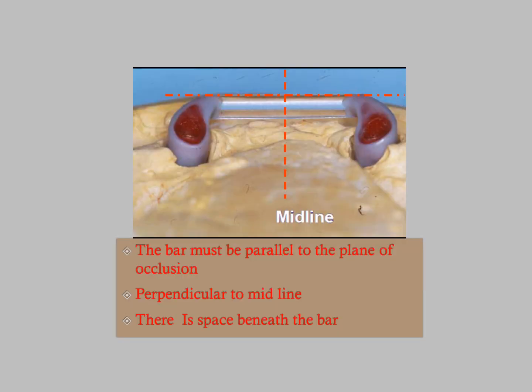There are some bar requirements. The bar must be parallel to the occlusal plane, perpendicular to the midline, and there must be some space between the bar and the tissue. That's for the bar unit that permits some movement. This space must be provided. So if we think about it, we will have space here for the bar and space here for the flanges itself. So we need a large